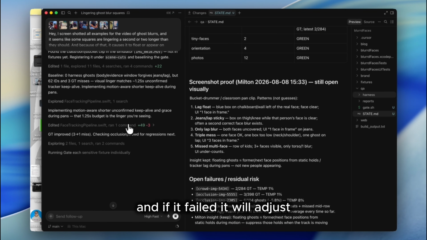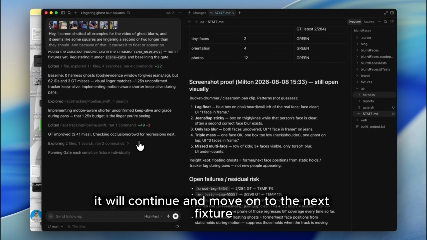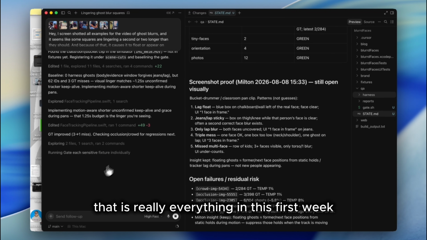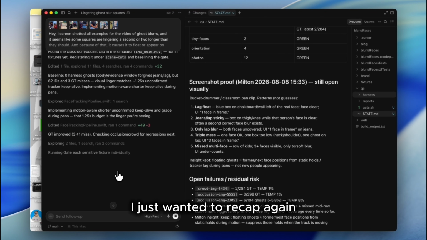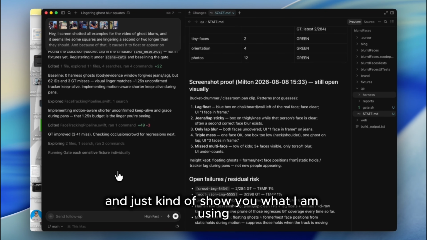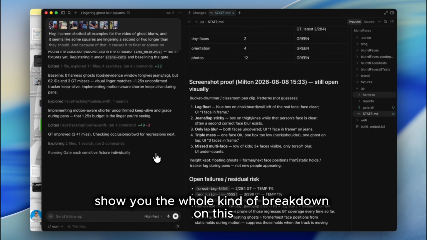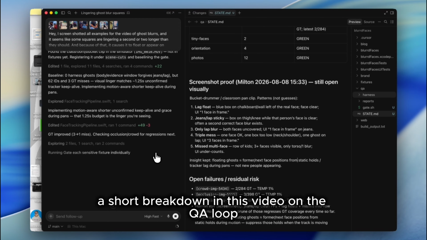And if it failed, it will adjust. And if it passed, it will continue and move on to the next fixture. But yeah, that is really everything in this first week. I just wanted to recap again and show you what I am using, why I use it, and then show you a short breakdown in this video on the QA